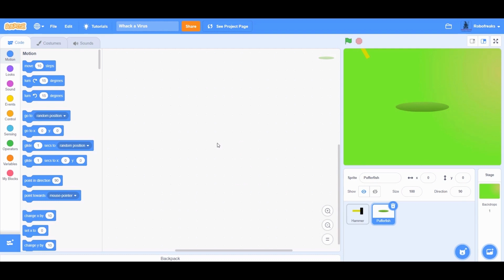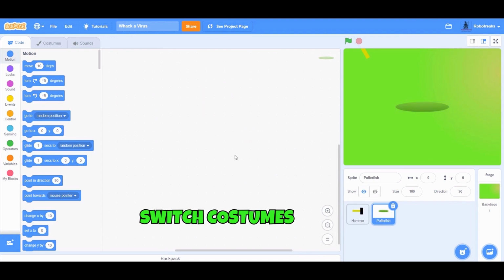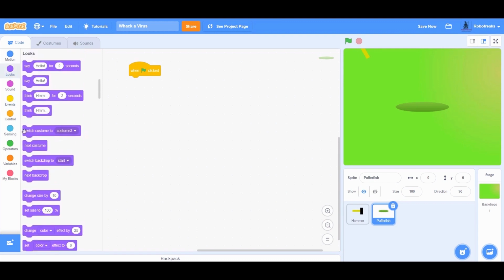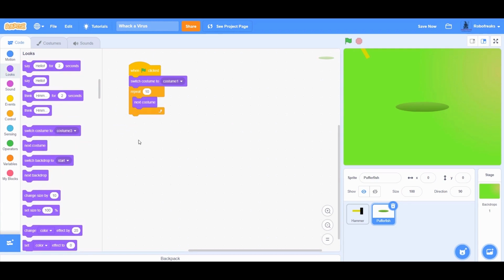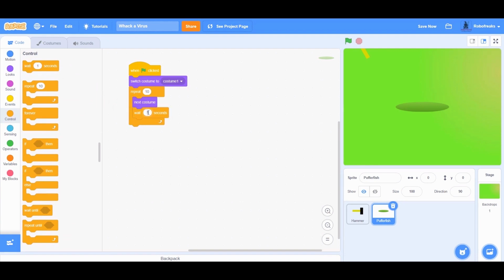I hope you remember that we created 10 costumes at the start. If we set costume to costume 1 in the start and switch costume 10 times, we will be back on costume 1 again, right? When the flag is clicked, set the costume as costume 1 and using a repeat block, I will simply display the next costume and add a wait block so that you can see what is happening. This gives a really smooth hide and show effect.